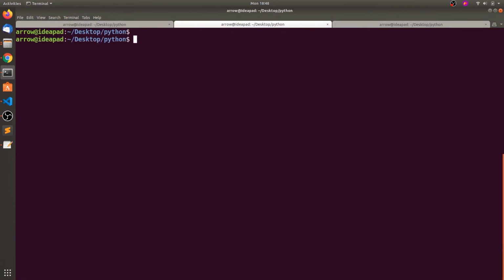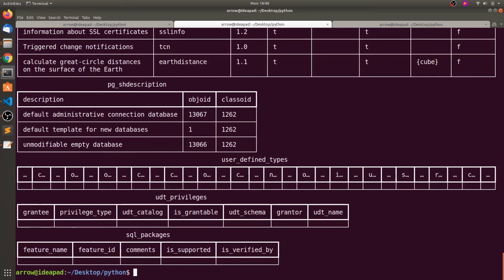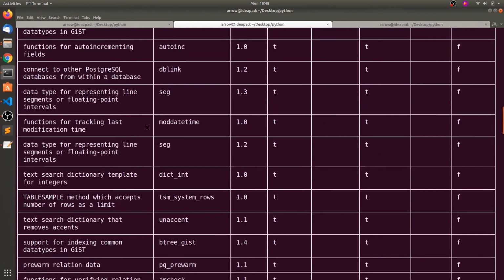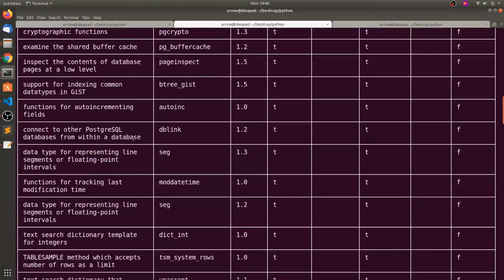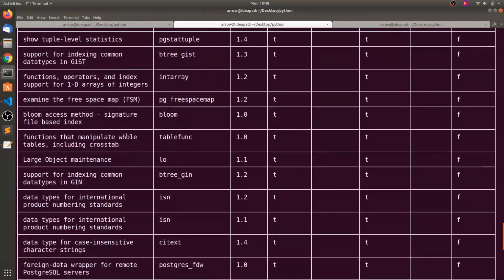So I will show you the recent dump. I have run that command and appended it to the file. This is what it looks like after the command executes. You will get it all in a nice tabular format.